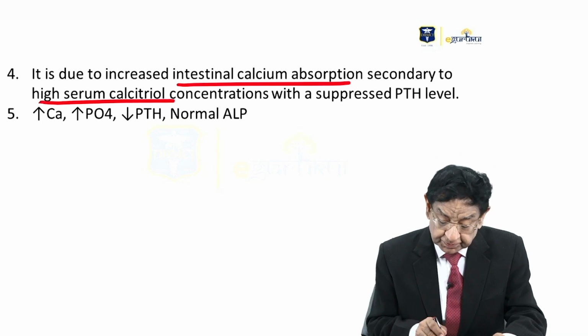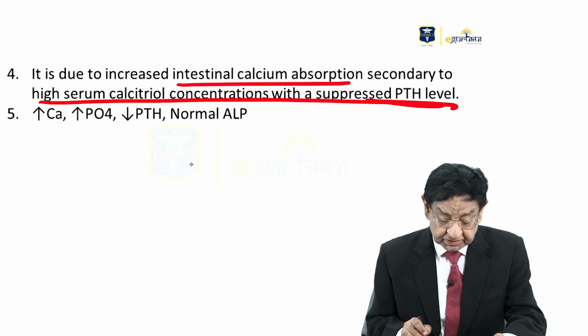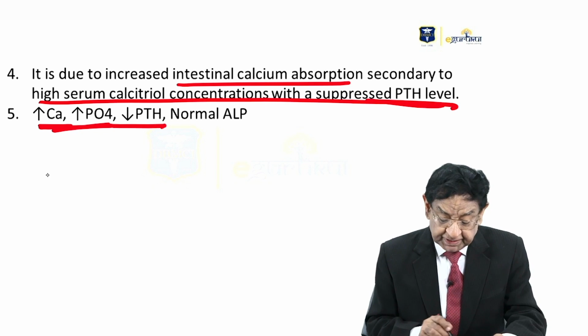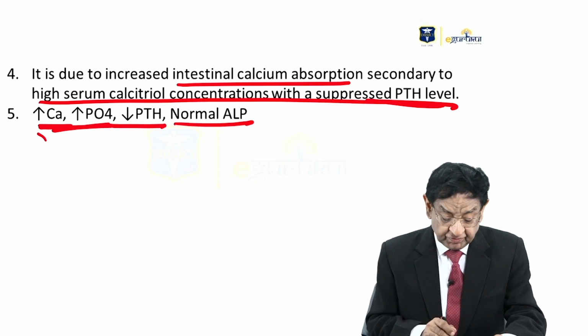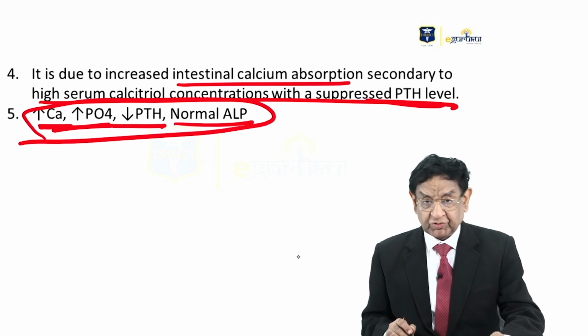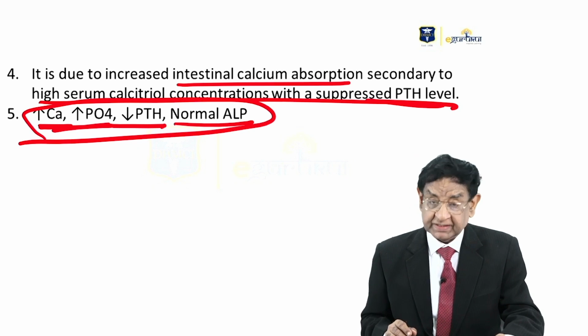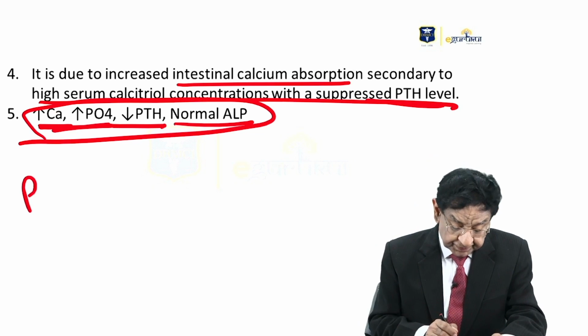and PTH is suppressed. The net result is increased calcium, increased phosphate, reduced PTH and normal ALP. Very important, you cannot afford to miss this finding. Okay, just to inform you, in primary